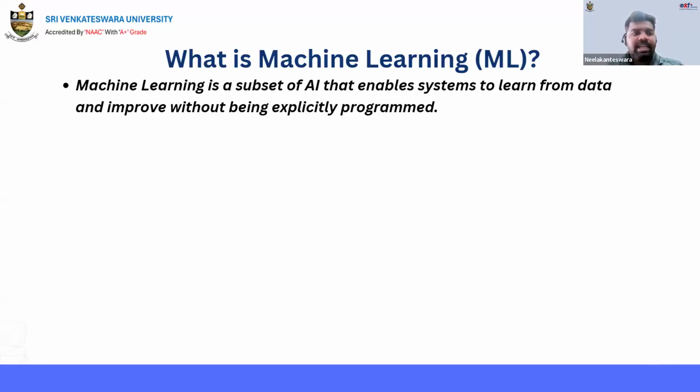What does AI mean? It can make decisions and make predictions. If any machine makes decisions, makes predictions, or does reasoning, it is nothing but artificial intelligence. And how do machines get that power? With the help of the machine learning concept. That's why we call machine learning the heart of AI, and it is one of the subsets.